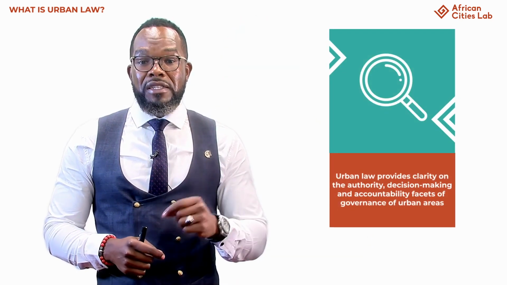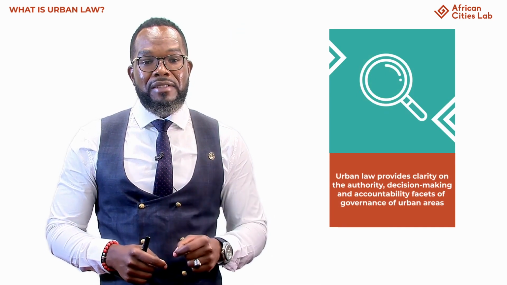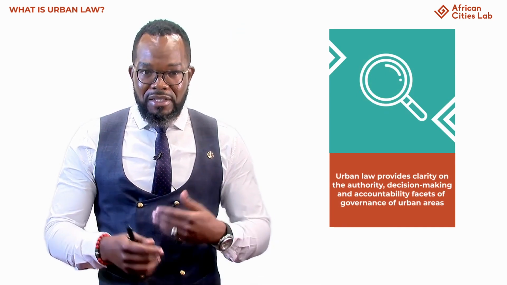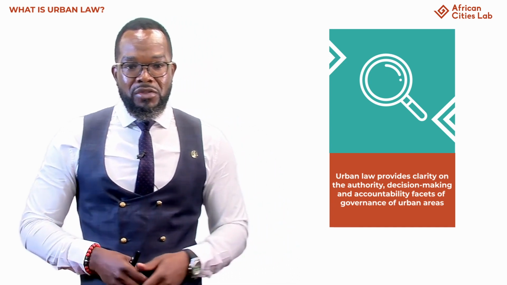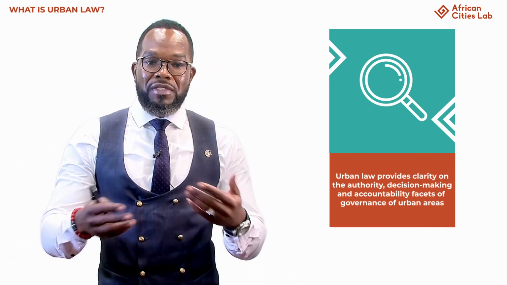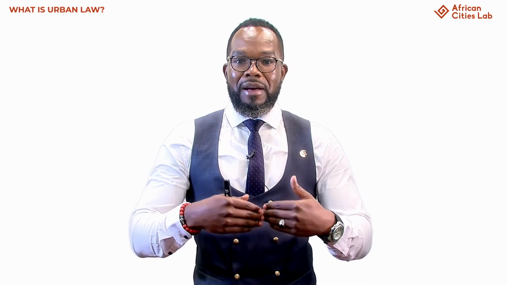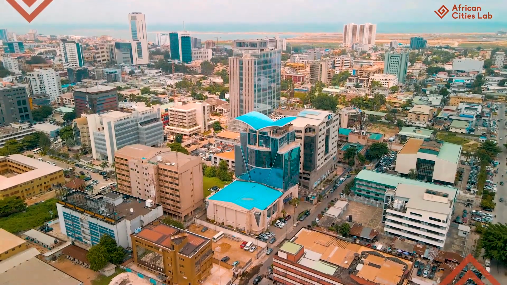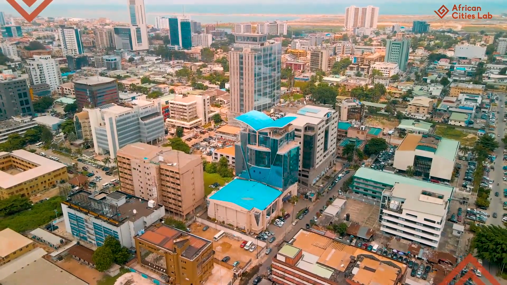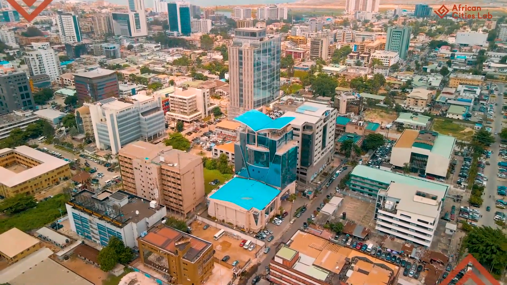So urban laws do three things. They provide the authority, meaning they clarify who has the authority to engage in the management of certain aspects. So if it is, for example, provision of services like infrastructure, water, who has that authority? Urban laws will be able to give that authority. Who has the authority to govern a particular area? Who therefore has the decision-making powers? So you have the authority, but also does the law clarify the decision-making responsibilities for that particular entity